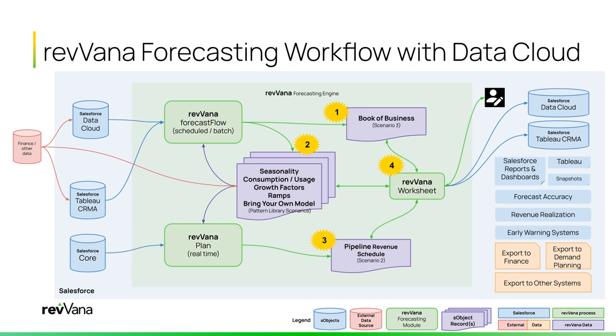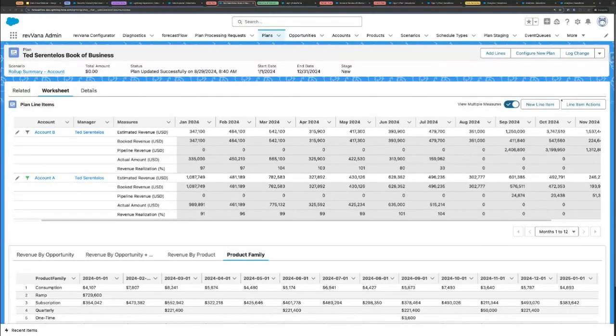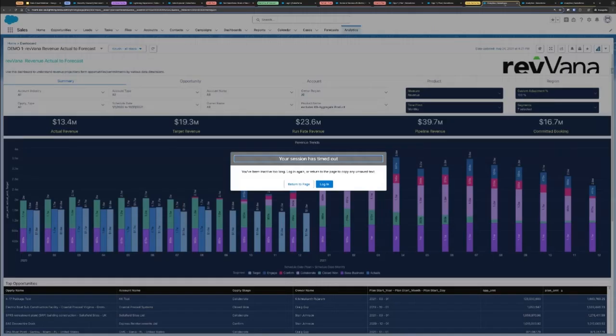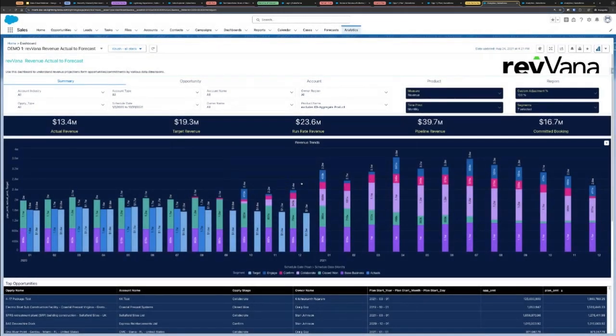So with that said, there are a few other things you could do. If you have CRM analytics, it just makes it easier to bring all of this together. And this is one of the things that Greg showed earlier, where we bring in all the revVana scenarios, which includes the historical actuals for the past period. If you have any targets or budgets, you can bring that in.